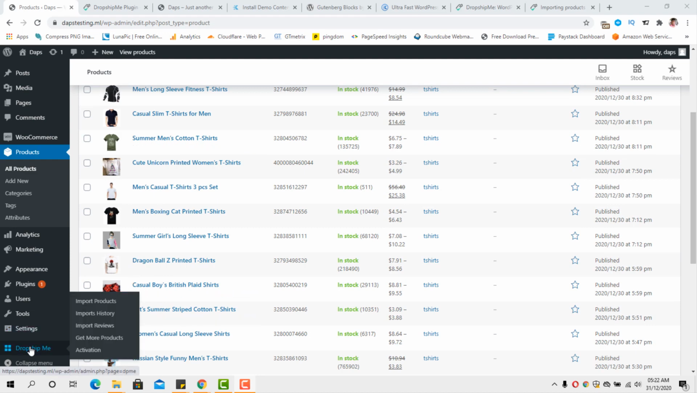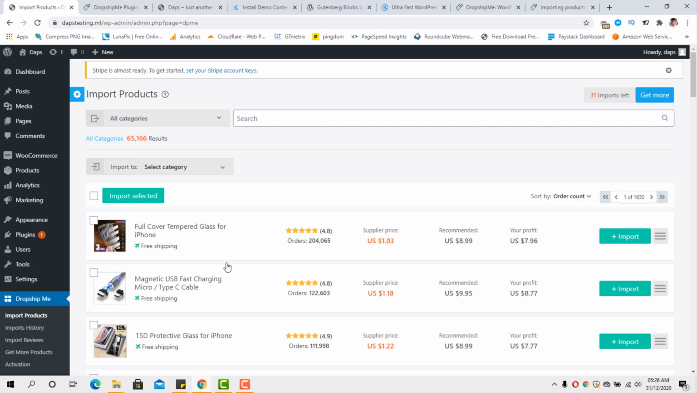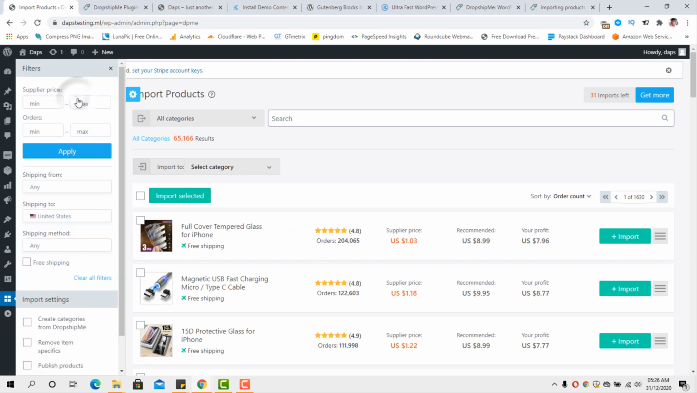So let's come back to Dropship and go to import products. Here we can easily filter products down based on our specifications. I didn't mention that earlier, so I thought I could still show you. If you come to your far left here, you will see this settings button. So if you click this,